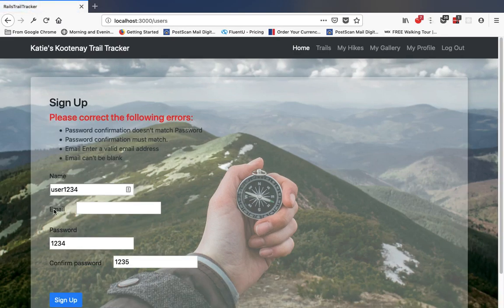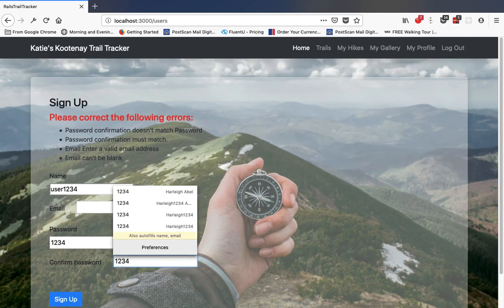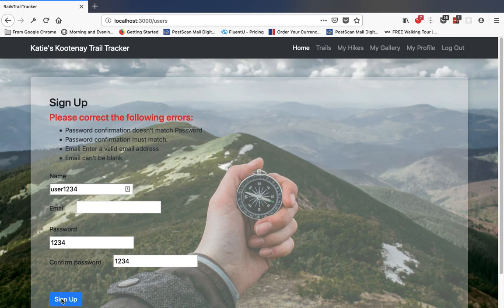As you can see, there's a little bit of shifting in the formatting, but it does require the presence of all four fields, along with a matching password. So if we add the matching password,